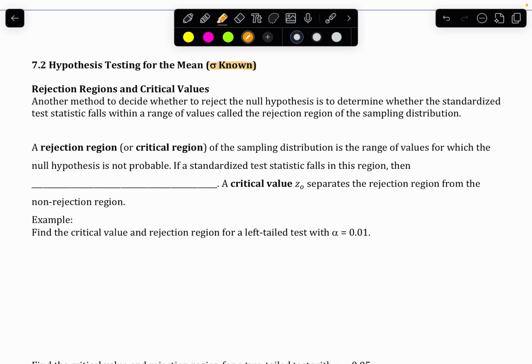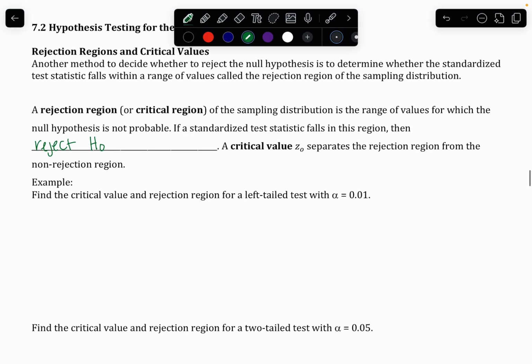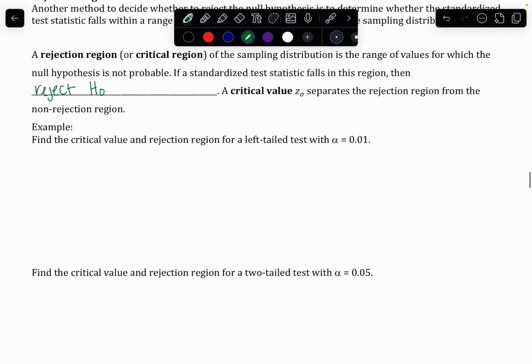A rejection region, or critical region, of the sampling distribution is the range of values for which the null hypothesis is not probable. If a standardized test statistic falls in this region, then we are going to reject the null hypothesis. I'm just going to abbreviate H sub 0. A critical value separates the rejection region from the non-rejection region. So if we want to find the critical value in the rejection region for a left-tailed test with alpha equaling